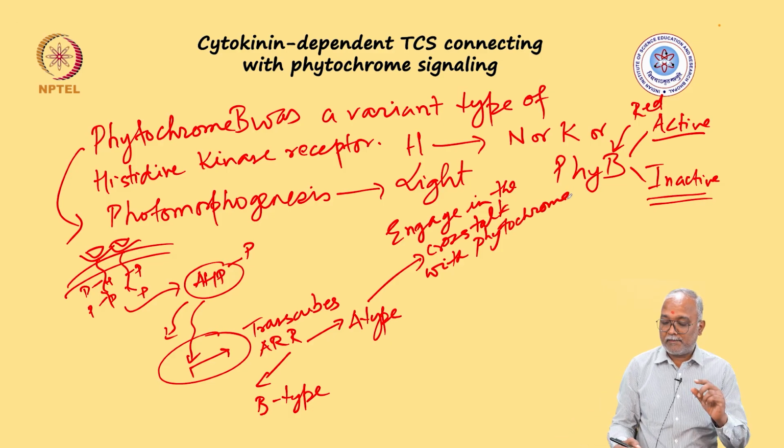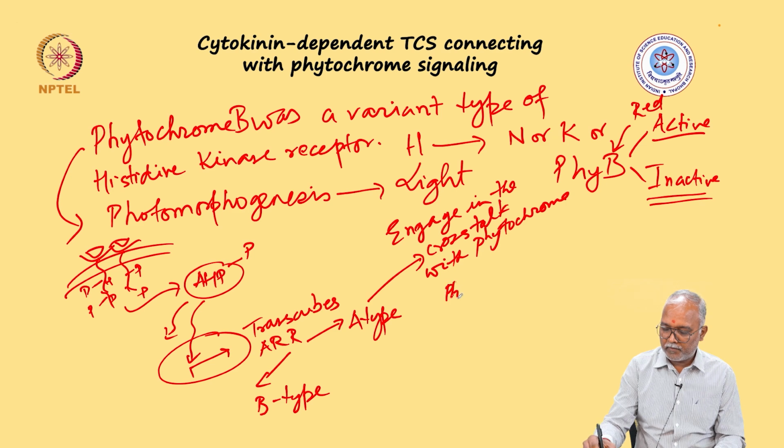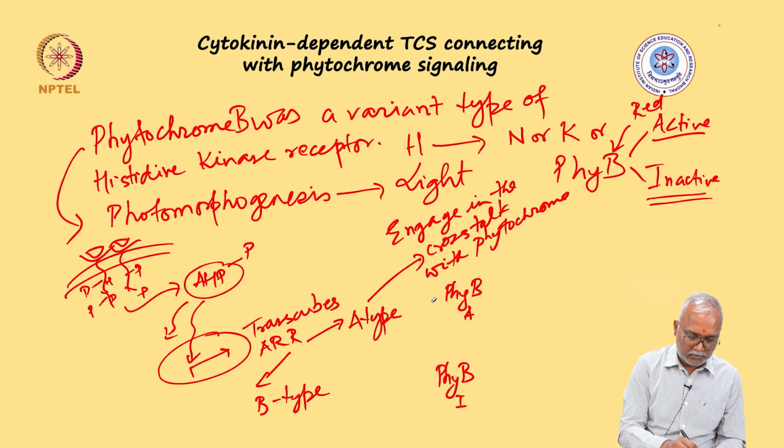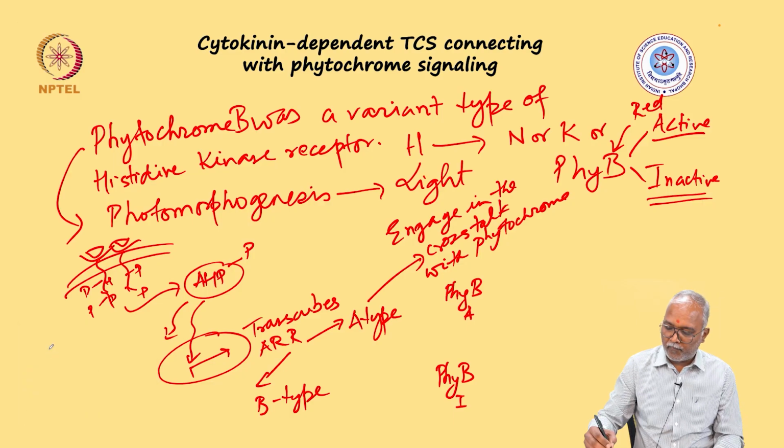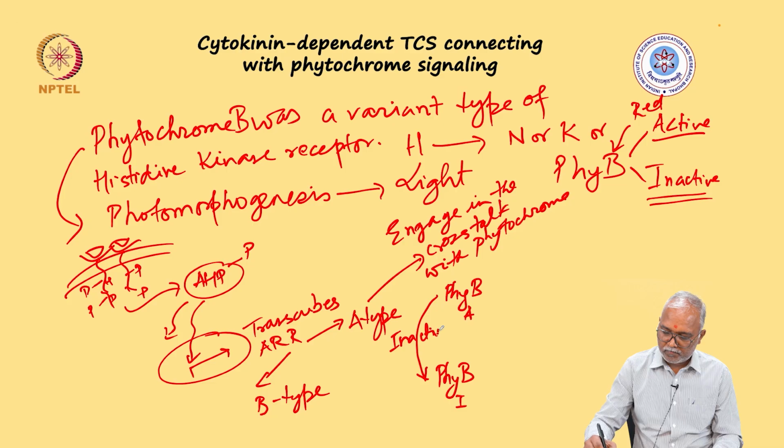What they do is that they help in interconversion of phytochrome into different forms. If I say Phi B, and label it as A and I for active and inactive, so in far red light this is converted into the inactive form, and in red light